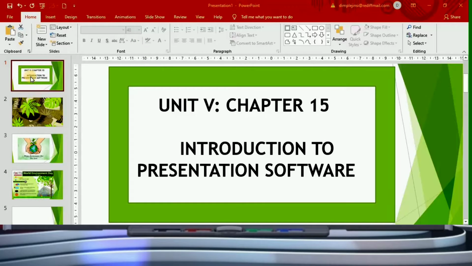And slide, if you can see on the left hand side, these are the slides. And what is a slide? A slide can be defined as a digital or an electronic page of a presentation. And if we talk about the overall presentation, a slideshow is a sequential display of slides which is shown to the audience with an objective of providing information and enhancing the ideas and views on a particular topic.